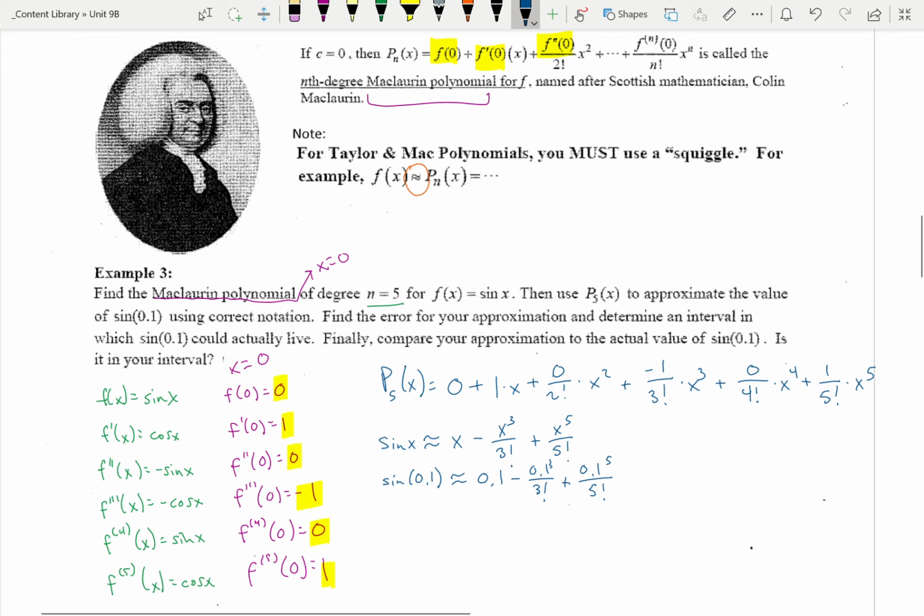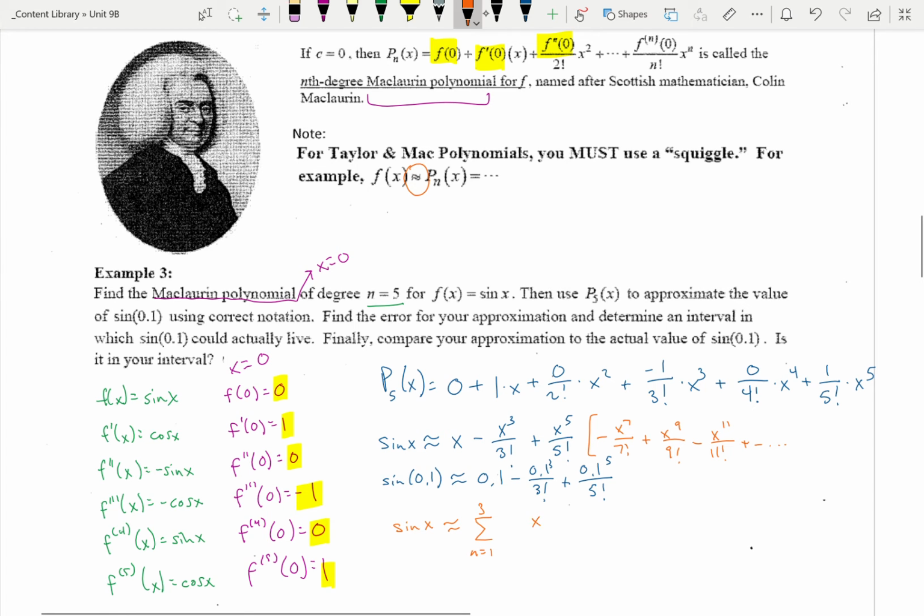One thing you might notice here is that as we continue on with this pattern, this is an alternating series. We've got a positive first term, a negative second term, a positive third term. You can imagine that we're going to get a negative next term and then a positive term after that and then a negative term, and it will continue on with this pattern forever. So if we wanted to talk about whether this thing converges or not, we could ask the question, does the sine of x, which is approximately equal to, I'm just going to stop at the third term,